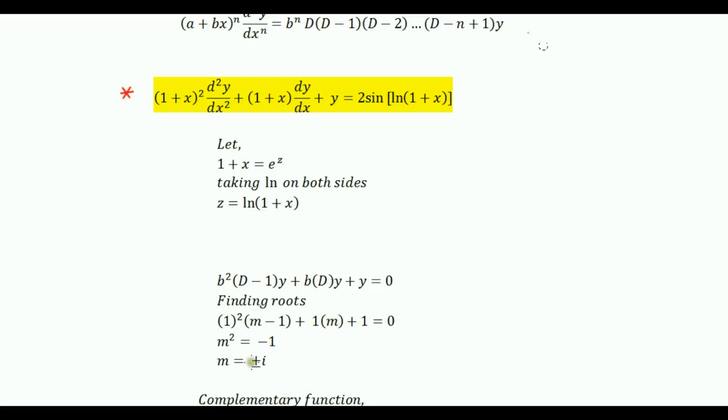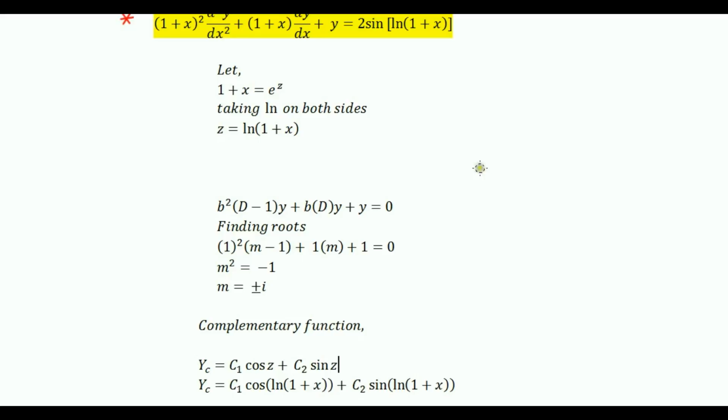For finding the roots, I simply replace the value of b in this equation and solve it, and my roots come out to be plus minus i. So the complementary function of this equation in the form of z is yc equals c1 cos z plus c2 sin z. Now I will replace the value of z